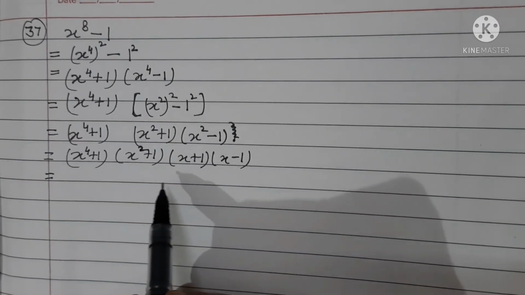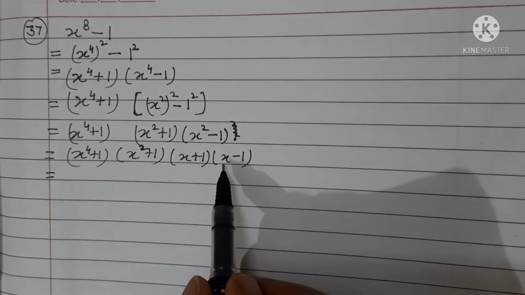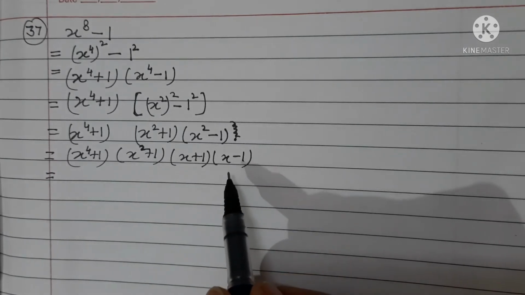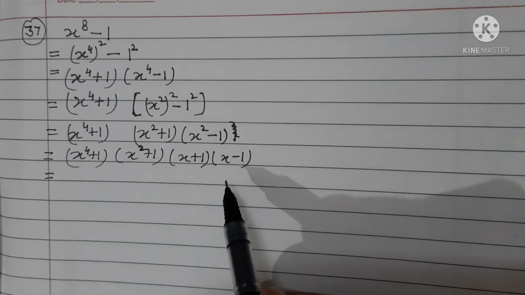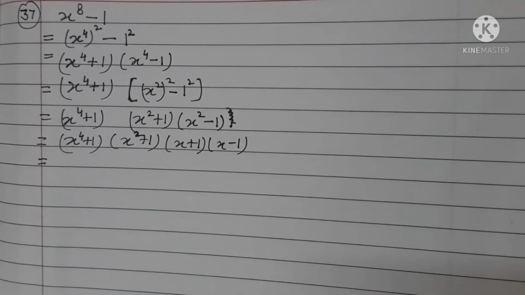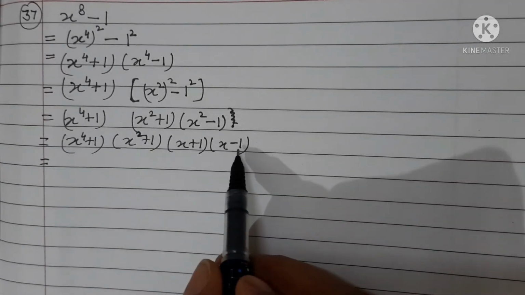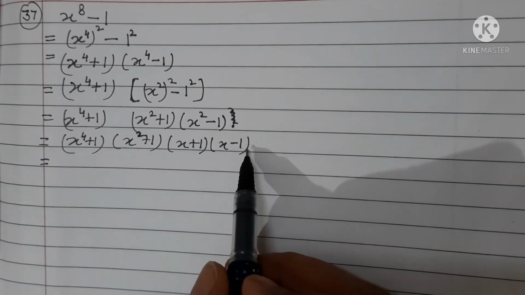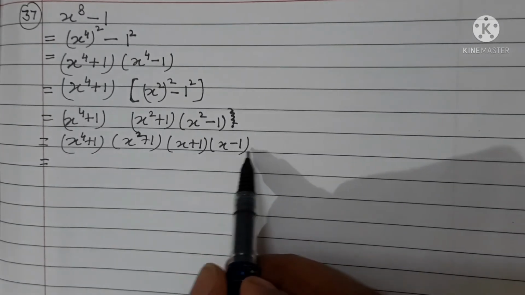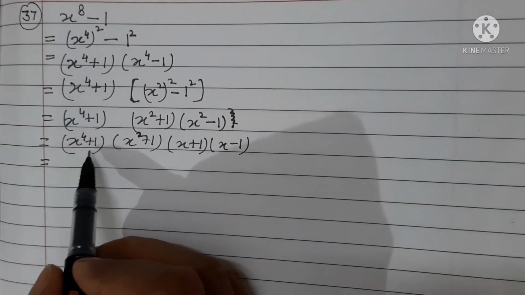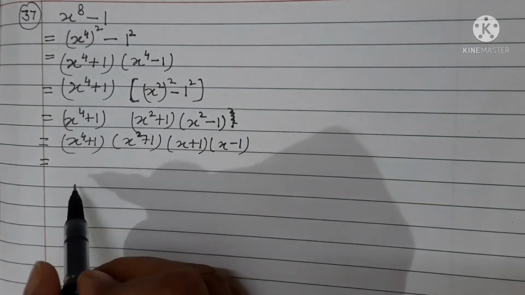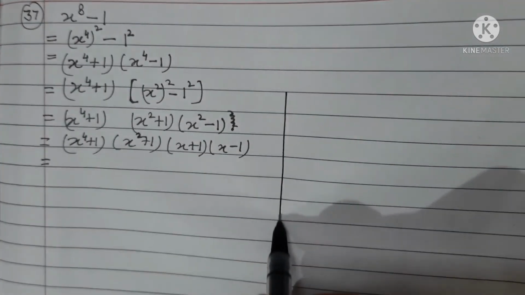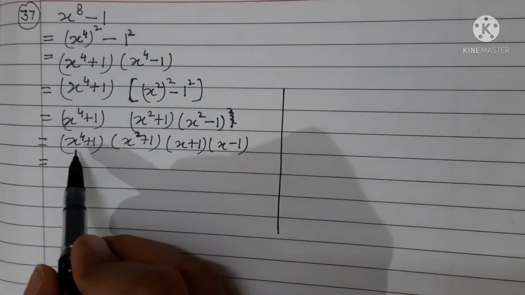Now here you can write it under root x square minus 1. So further we can solve it if we can write it like this. To make a square minus b square, we will use that here. So you can write this term x to the power of 4 plus 1 like this. Here I am solving it so that you can put the factors of this